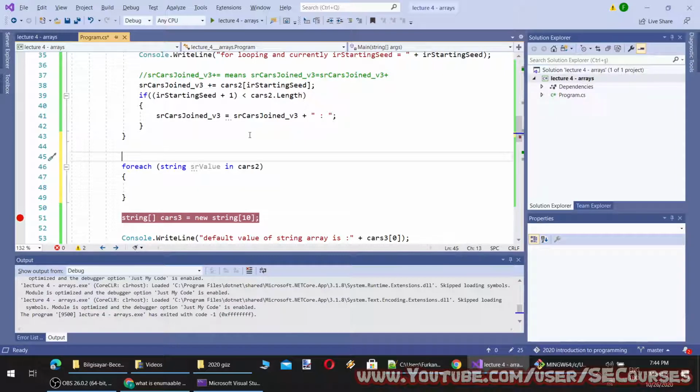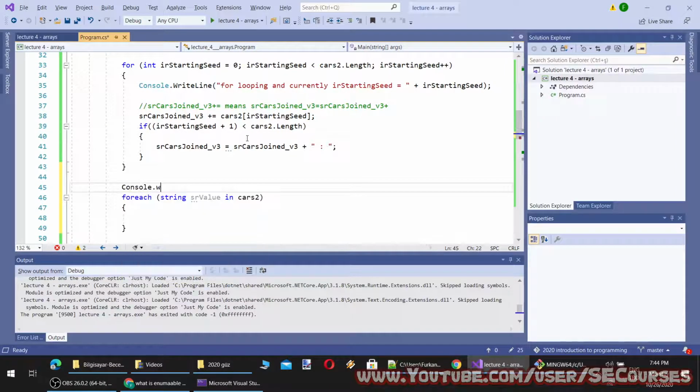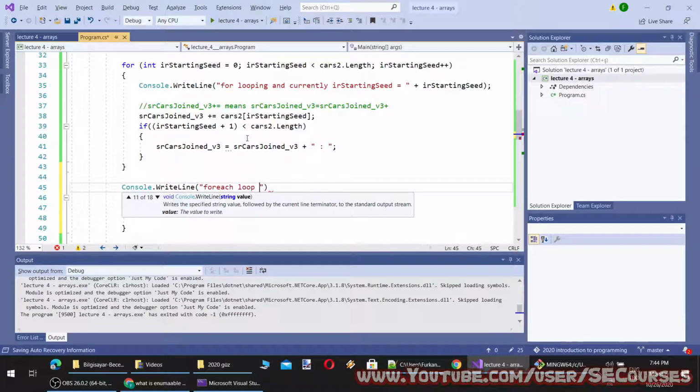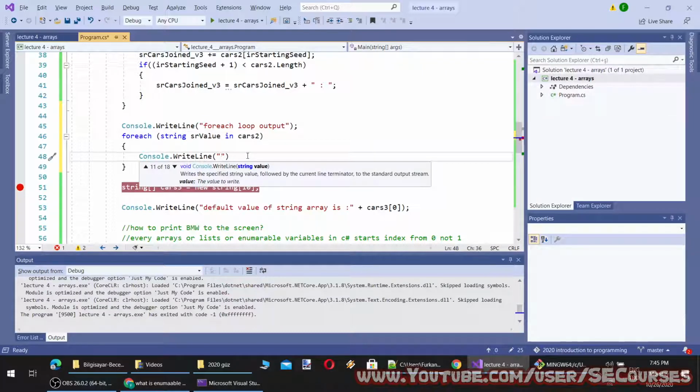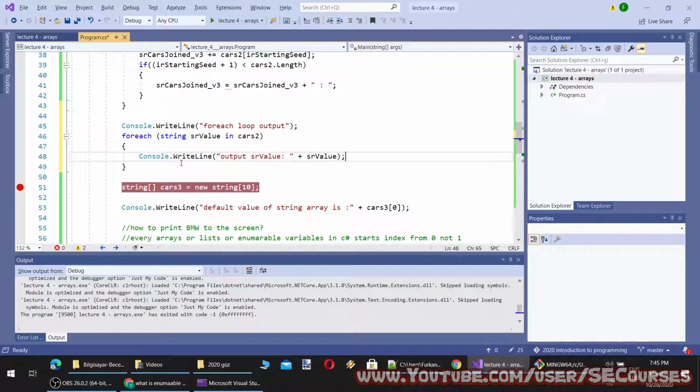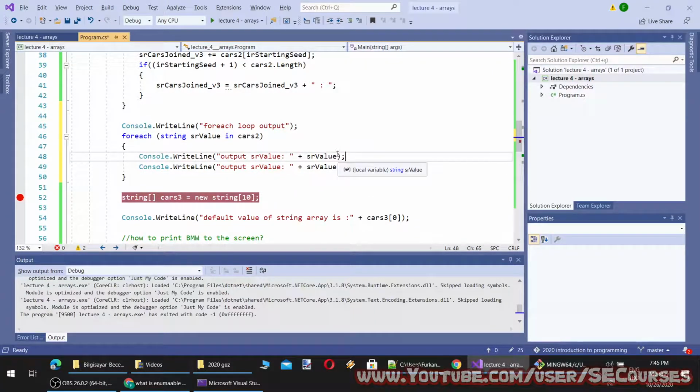Okay, let me show you what I mean. So we are going to print the outputs. And then I'm going to type some more text so you will understand better.